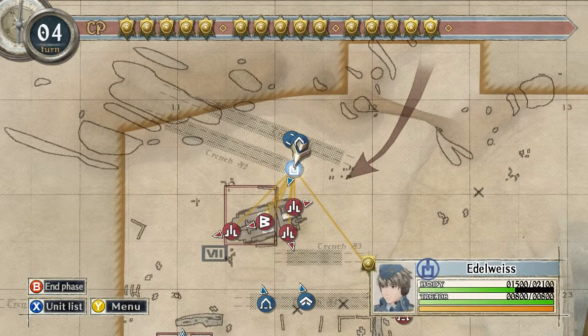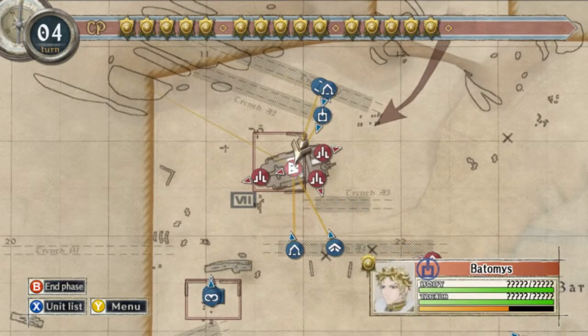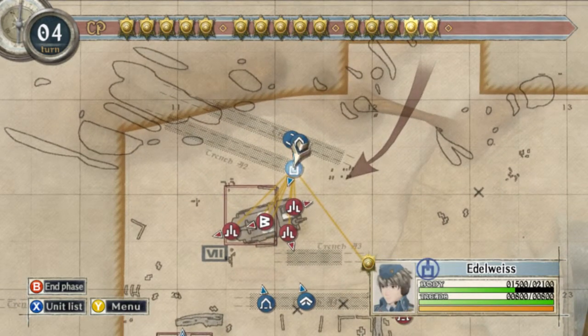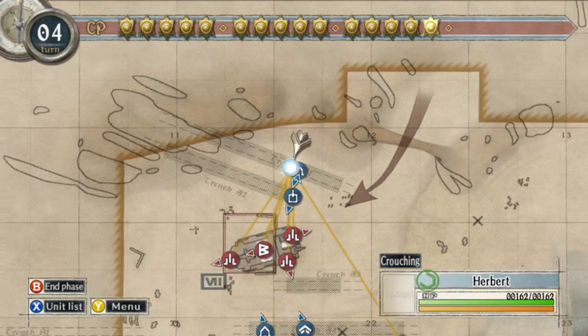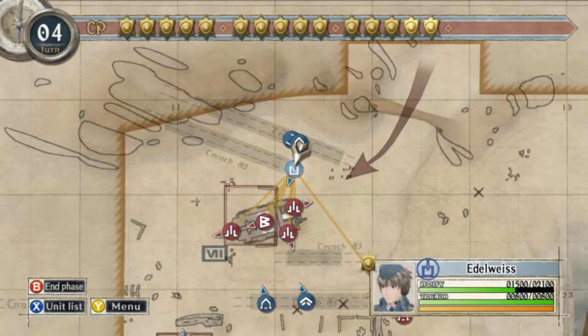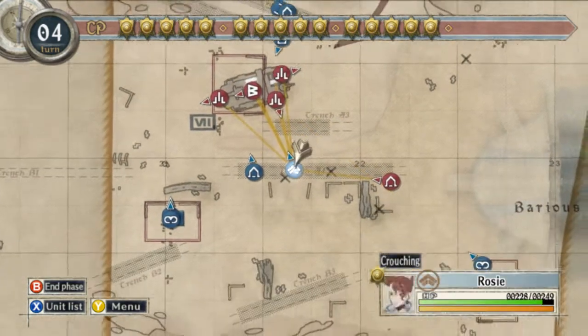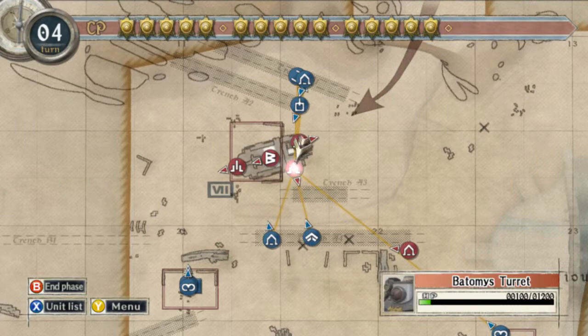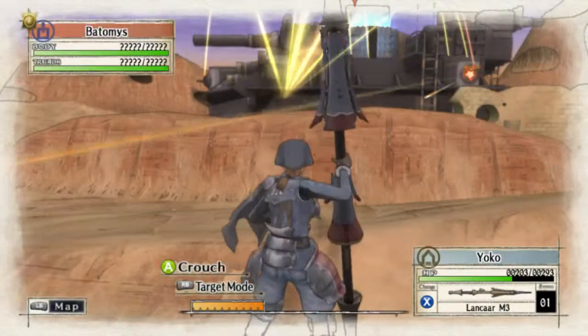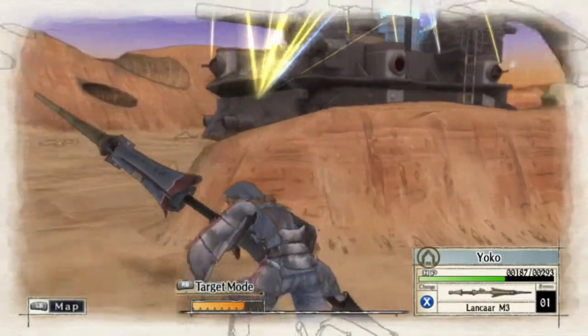Okay, so my reinforcements arrived, as well as the Batomas' radiators are now exposed. Now, I think because I got rid of both of the side turrets by the tank, I think Herbert might be able to go get that back turret. But I'm gonna try to take out that turret first, because if I can, I'd like to get that side done first, because it is the most dangerous later on. So...